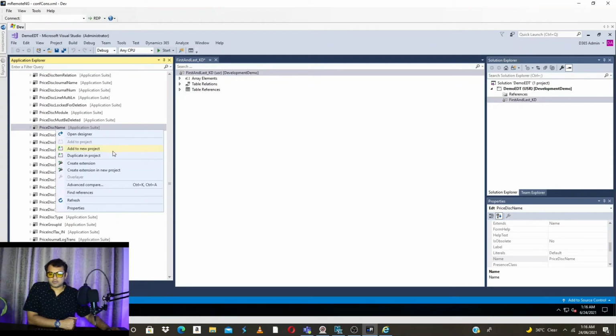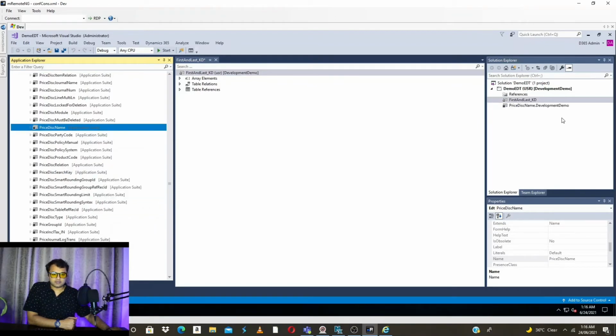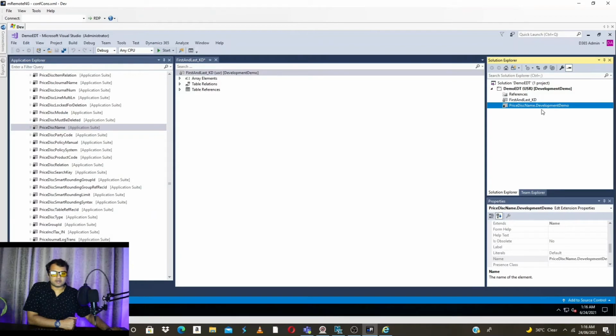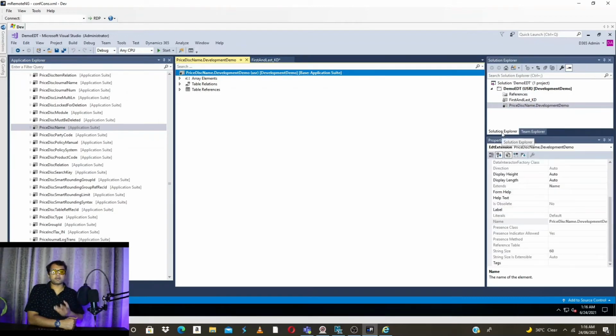Create extension, a new extension is created, and right click and open. Now there will be a limited set of properties you will be able to change, but instead of creating a new one, you can just change the existing one. So this is also another added advantage.